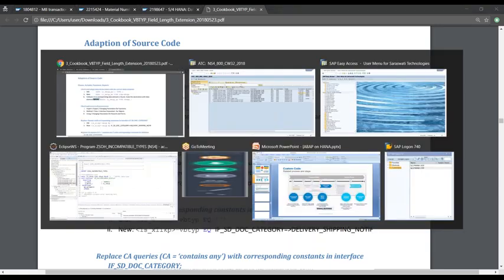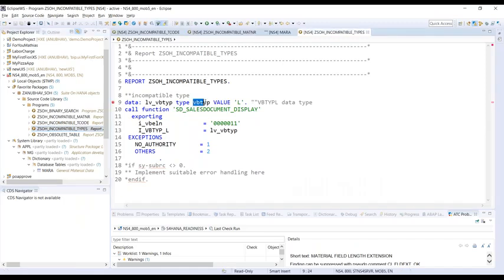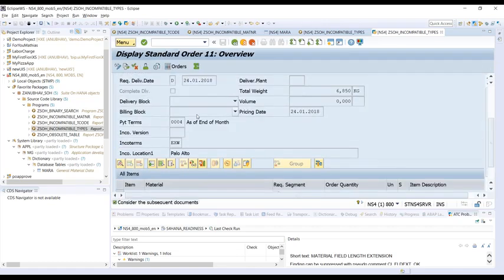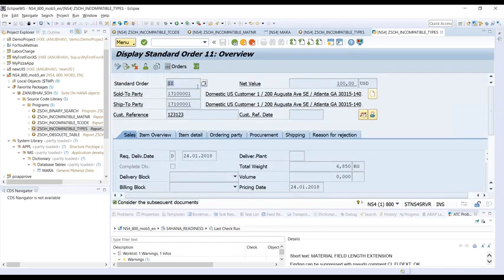So let's come back to the ABAP report. And now you can see it is being referred as VBTYP, and the same error is also coming here. See the red mark, syntactically incompatible change of existing functionality, data element VBTYP, S4HANA simplified object. Just change it to VBTYPL, save it and activate, and let's execute our custom program. And let's see what happens. There you go. You can see no dump anymore, and it is launching the sales order for you. Clear, everybody? What was exactly done to make it compatible?